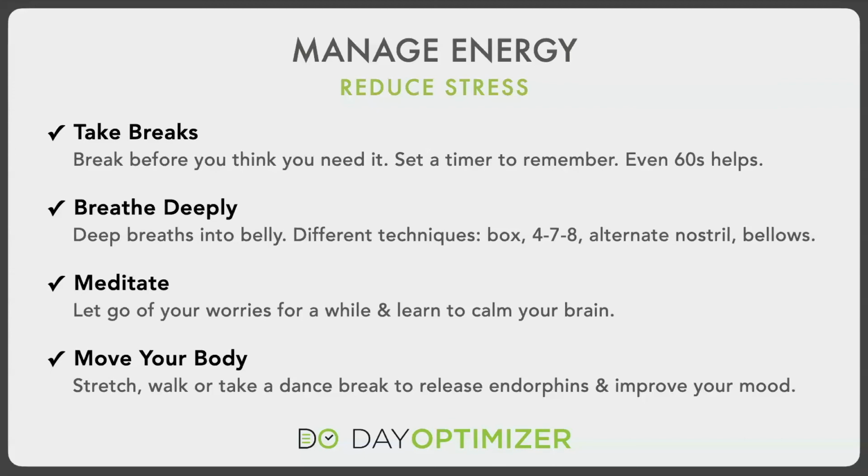Alternate nostril breathing, bellows breathing. Just Google breathing techniques. A lot of times we think, oh, breath is just something we do. We don't think about that there's actually specific techniques and different breathing patterns alter our physiology in different ways. So learning some of those breathing patterns, I'd always heard, and I tried to find the specific research about this for this presentation, but that you should be breathing in through your nose and